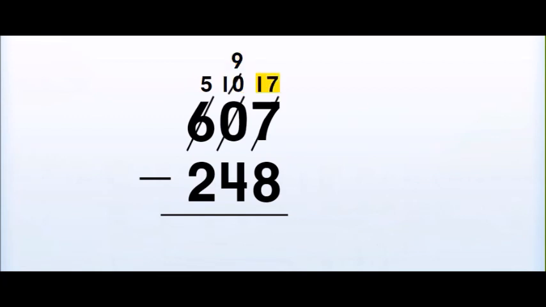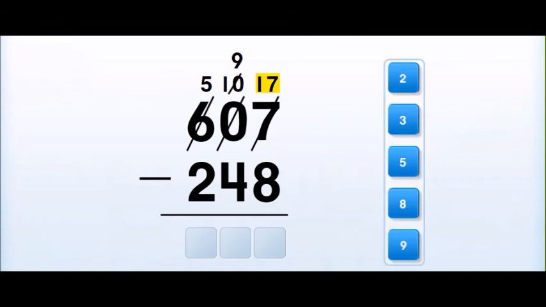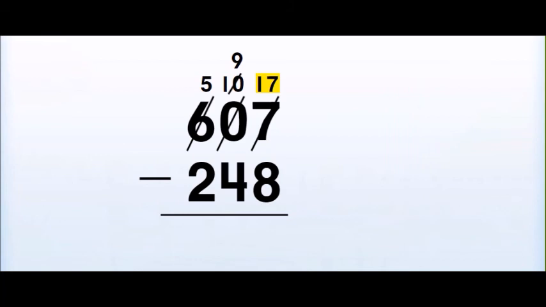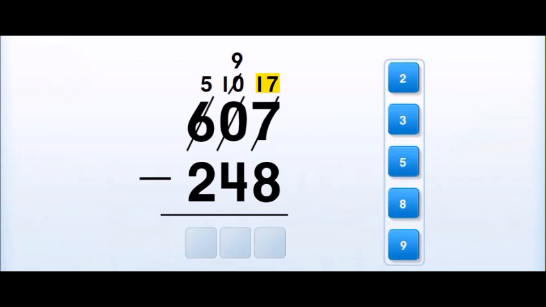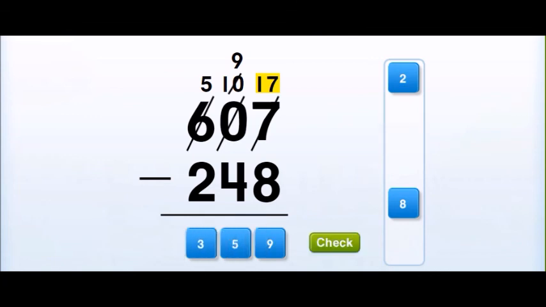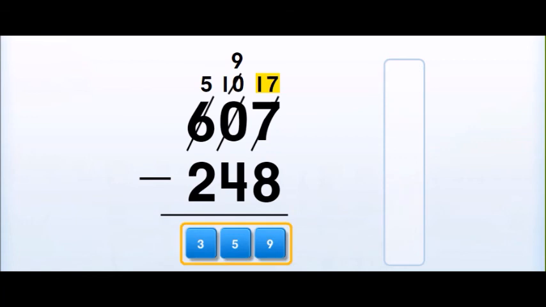Now we can begin subtracting. We start with the ones. What is 17 minus 8? 17 minus 8 is equal to 9. What is 9 minus 4? It's 5. Finally, 5 minus 2 is equal to 3. There are 3 hundreds, 5 tens, and 9 ones. The difference is